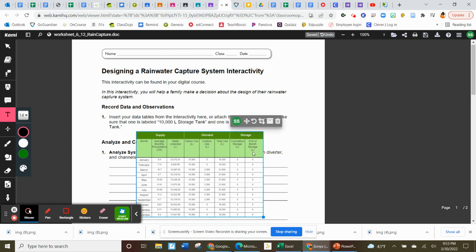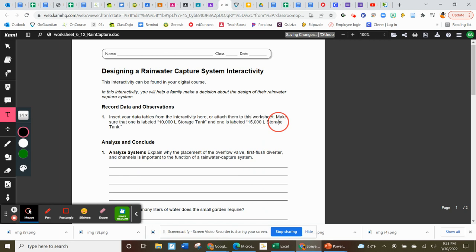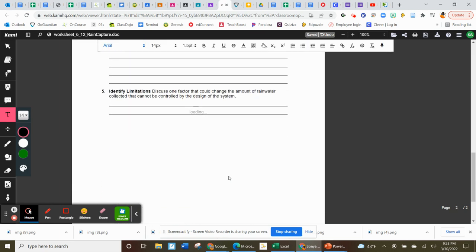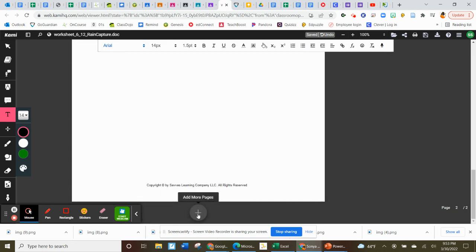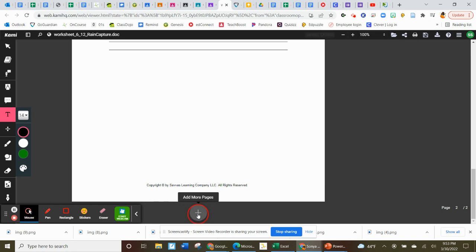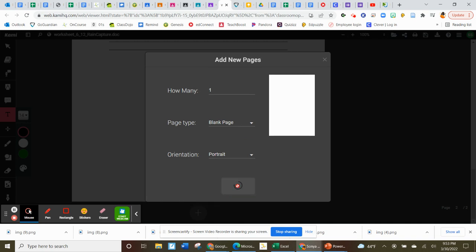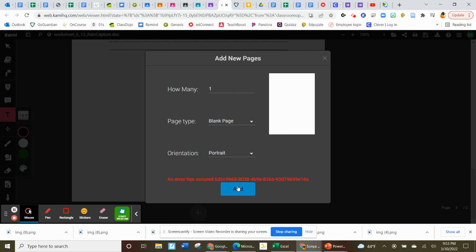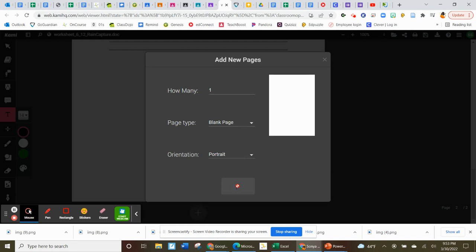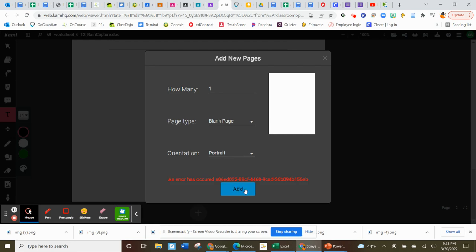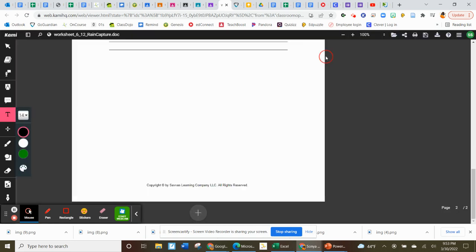If it does not fit in the way that you want it to, don't forget that we always have the option of going all the way to the end and adding a page. And in this case, instead of a grid page, you would add a blank page, and that way you could drop your pictures in on that blank page. That is, of course, if it allows you to do that. I don't know why it's not allowing me to do it right now, but at worst,